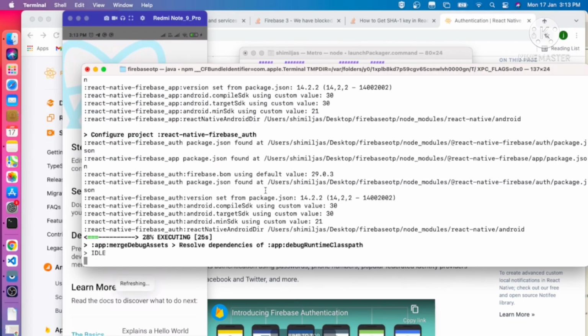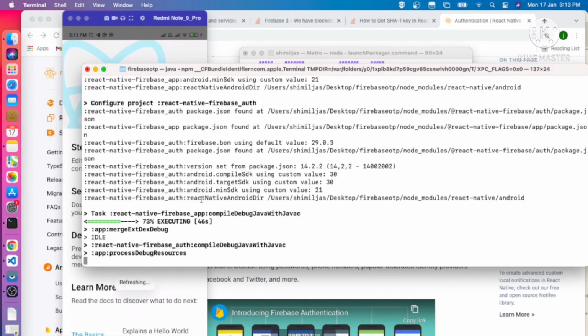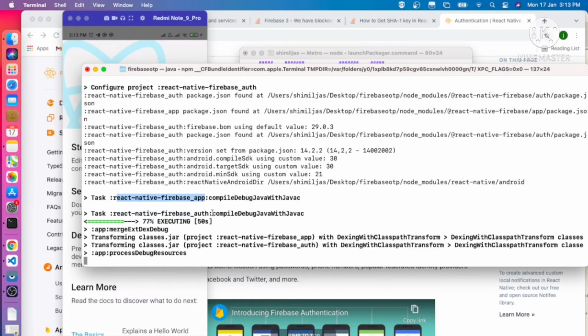Yes, the project is building. You can see React Native Firebase app is installing, and also it's combining React Native Firebase Auth. These are the two libraries which we need in this project.